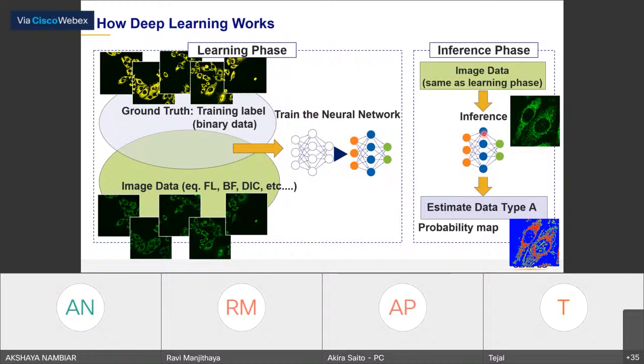The last slide was using a very simple cat and dog image, but for our biological samples, I will use mitochondria images.